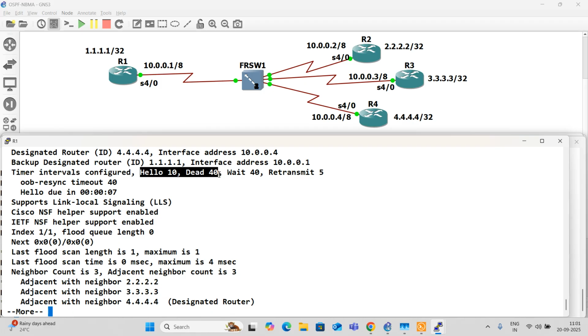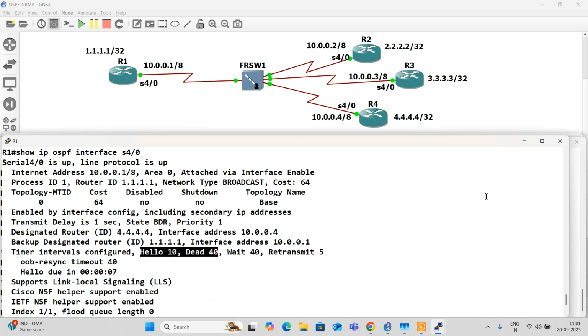If you want the neighbor to be dynamically discovered, you want the BDR election, you want the timer to be 10 and 40, among all same subnet members, then you can go for this network type called broadcast in a non-broadcast environment. In a non-broadcast environment, you are now having the experience of broadcast.